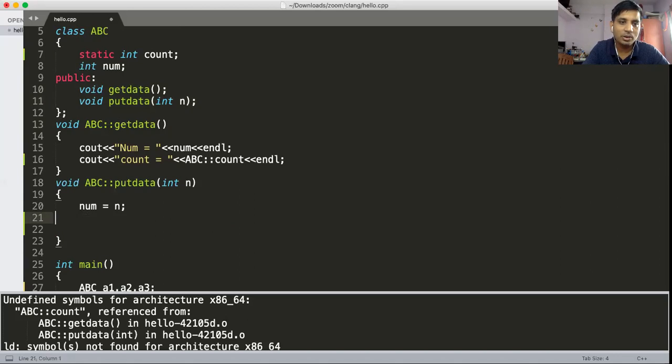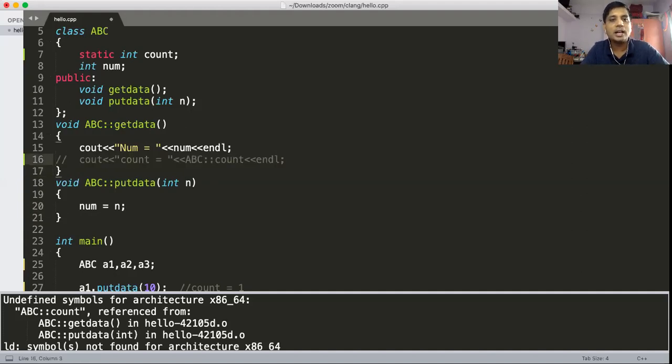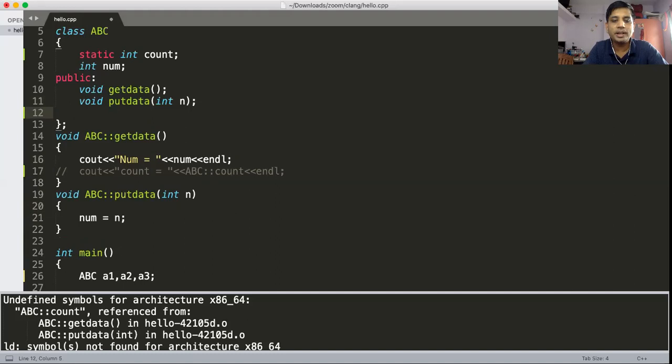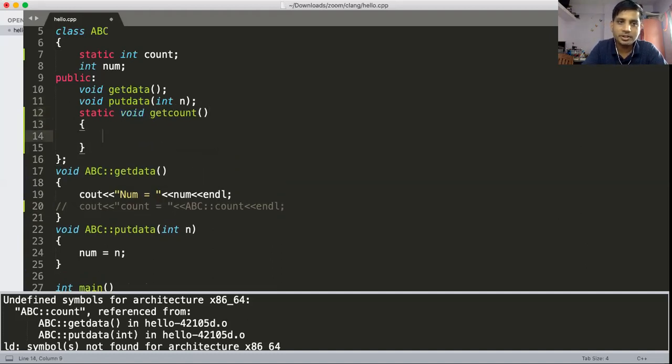So that's why, the thing that I want to explain to you, I can't do, because ABC and the get data function are non-static type functions. If it is a static one, then I can access it. For example, suppose there is a static function, get count function, which is not returning anything, and its implementation is very simple: cout count.